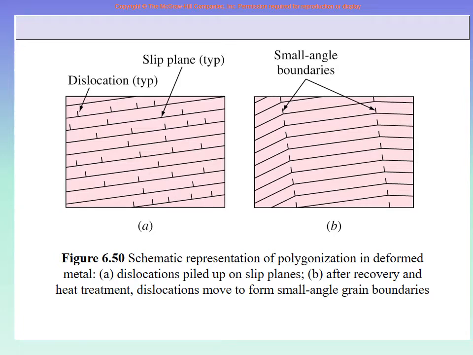But what we are saying is that all these dislocations here are piled up on slip planes. After recovery, they are aligned. Here they are distributed in different places, but now they are aligned, so they look in better shape. When dislocations are dispersed like this, there are more residual stresses, and when all of them are aligned in a very symmetric format, the stresses are reduced.